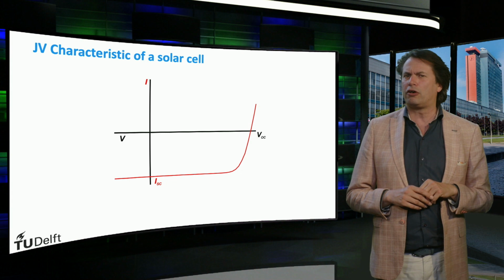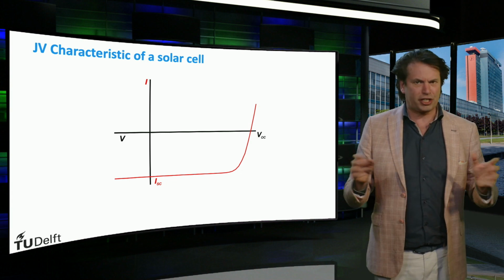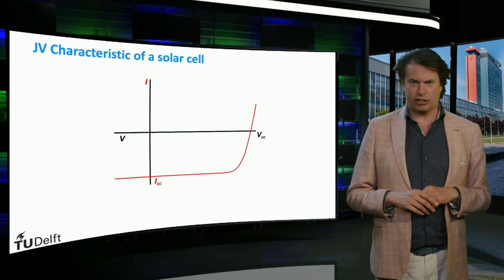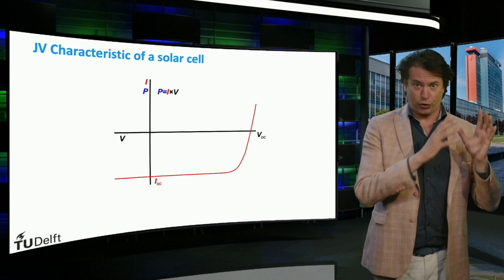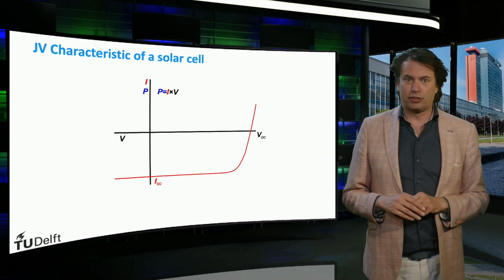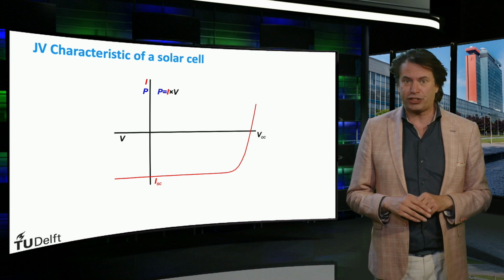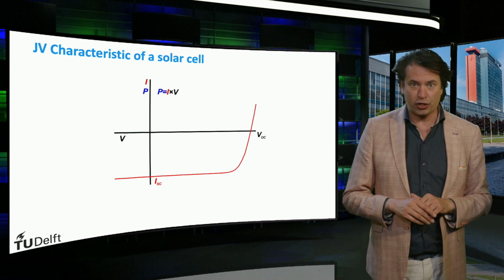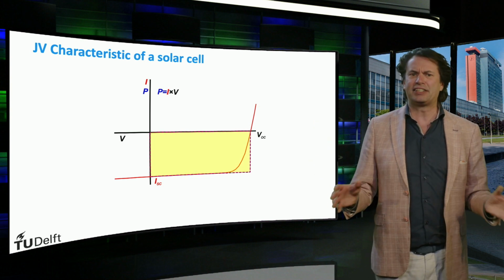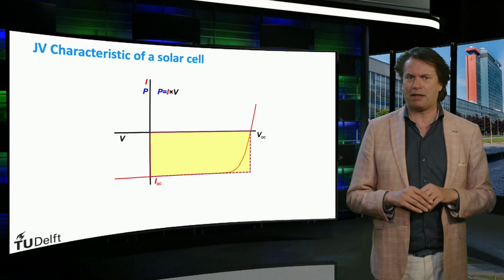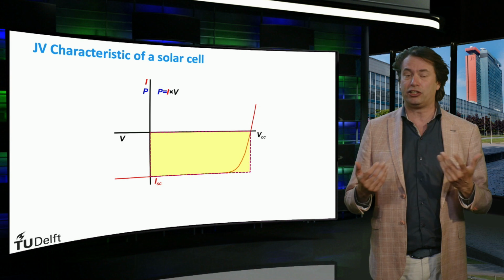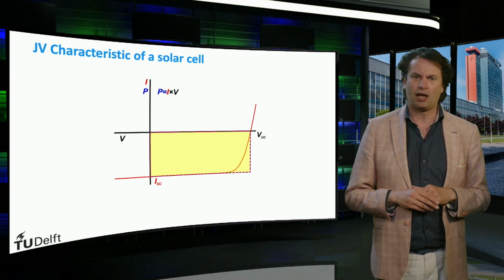Let's look at this curve a little further and consider the power output of a solar cell. The power of a solar cell is equal to the product of the current and voltage. We will represent the product of the open circuit voltage and the short circuit current with a yellow box. This power is greater than the maximum power that a solar cell can produce, but it will be useful to calculate the solar cell's conversion efficiency.